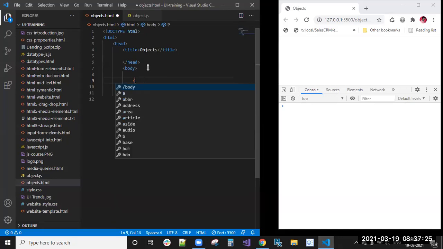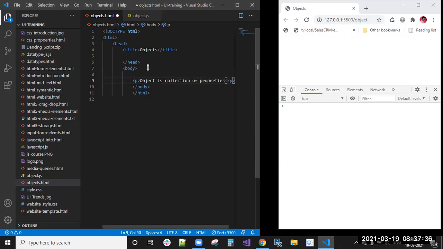We can write here: a collection of properties. Okay, again, what is meant by a property?